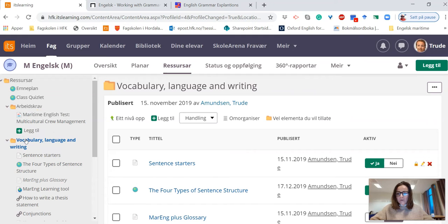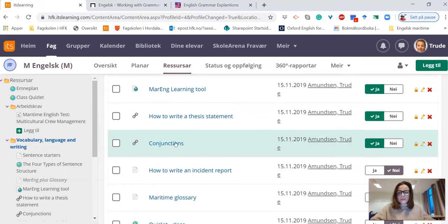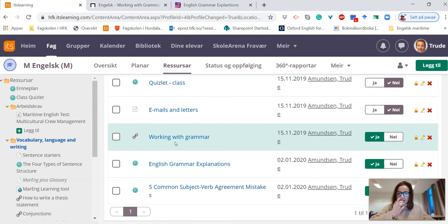In this folder, Vocabulary, Language and Writing, you see quite a lot of resources. I told you that Working with Grammar and English Grammar Explanations were the two main pages to visit.